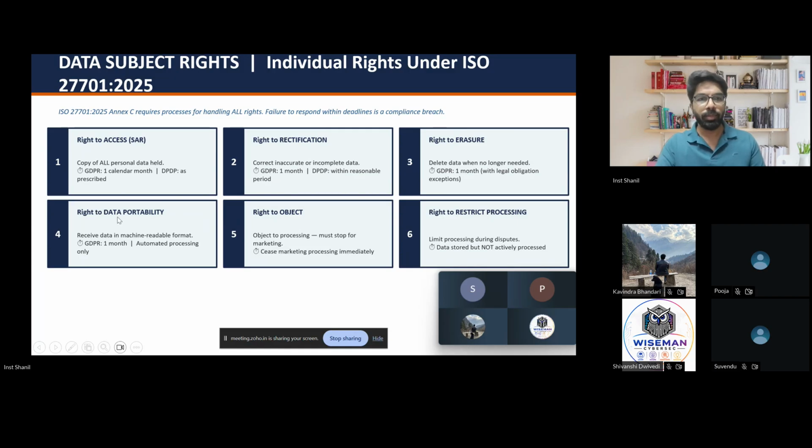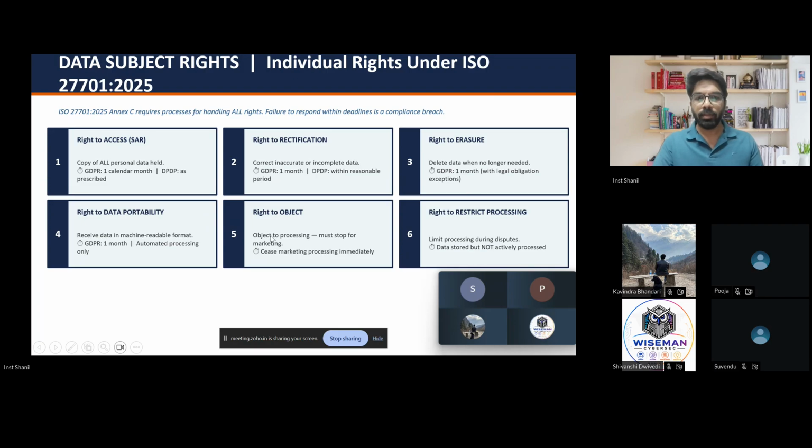Right to data portability. Receive data in a machine readable format. So if your data is held with a company, you can always ask them, you can take a pen drive, and ask them to give you this data because you want to read it and access it. They can provide it as an HTML version, the actual PDF files, or in any format which you need. So the right to access and the right to data portability are related. You should have the right to access your data at any time, and you always have the right to collect your data again for your review.